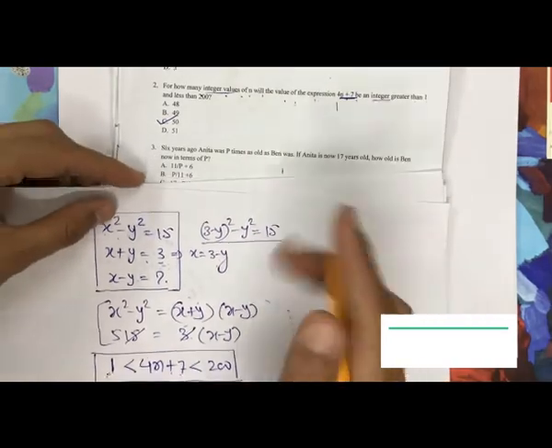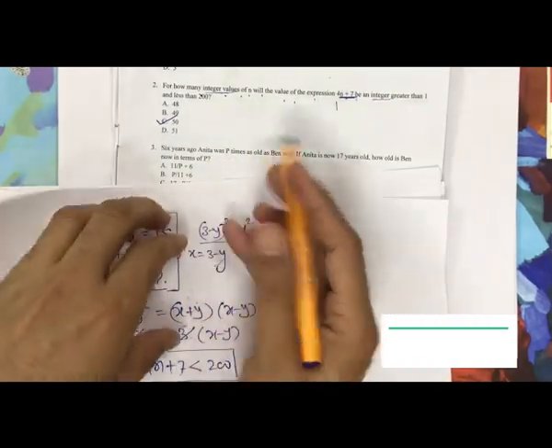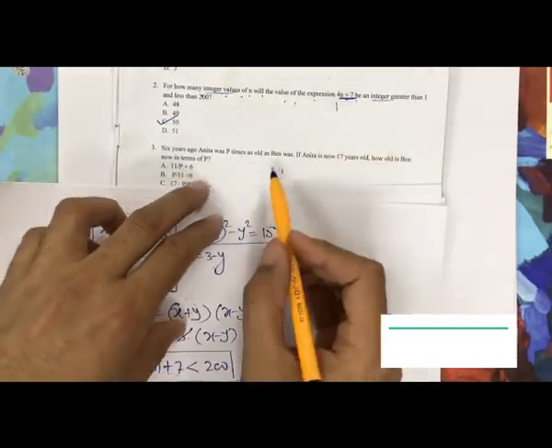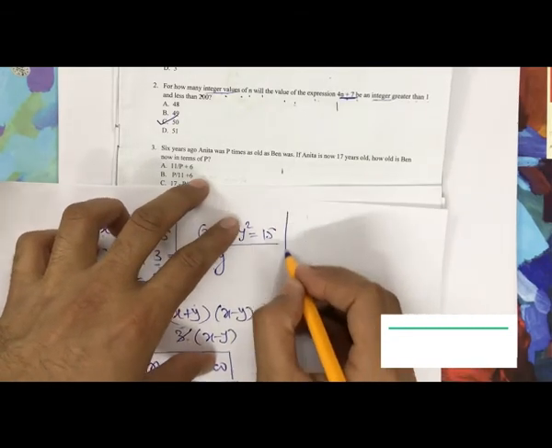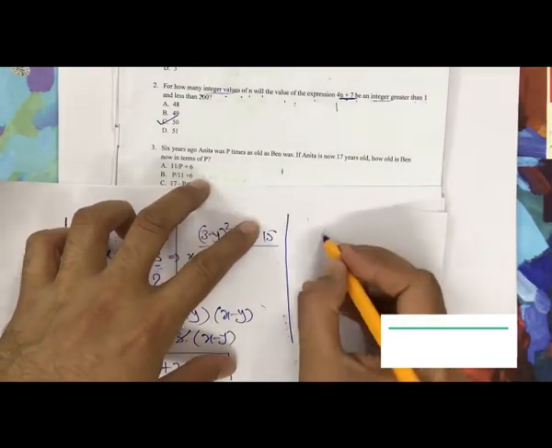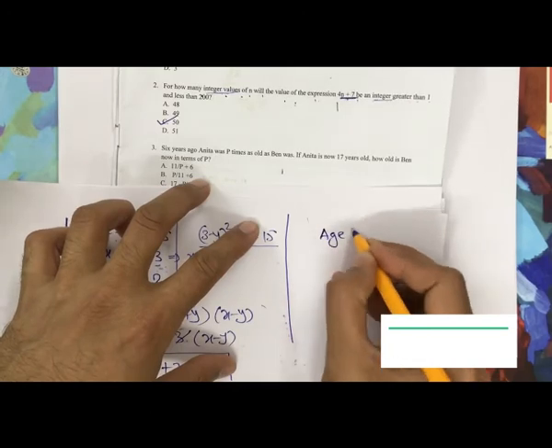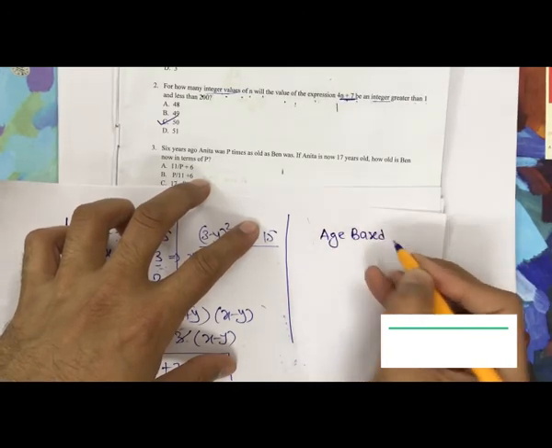ये क्वेश्चन देखिए, क्वेश्चन आपके पास दिया हुआ है 6 years ago Anita was P times as old as Ben was. एक्चुअली क्या होता है, ये एज बेस्ड क्वेश्चन है, तो जब आप एज बेस्ड क्वेश्चंस सॉल्व करते हैं तो ध्यान